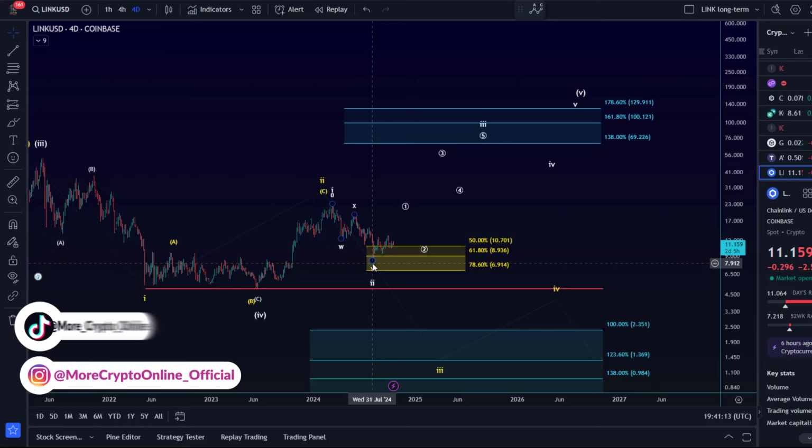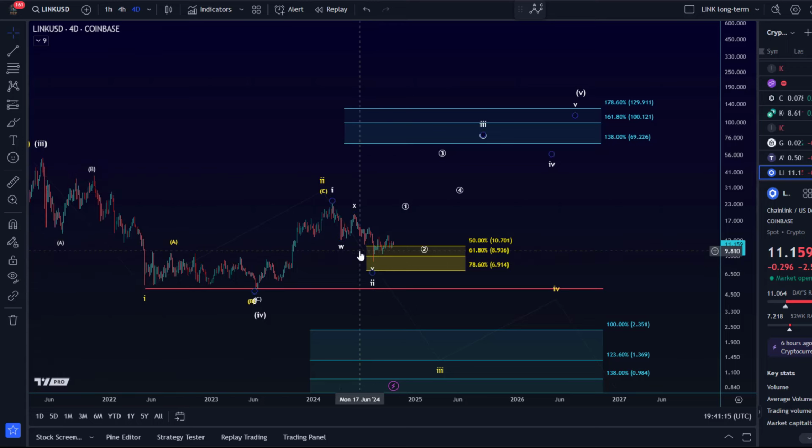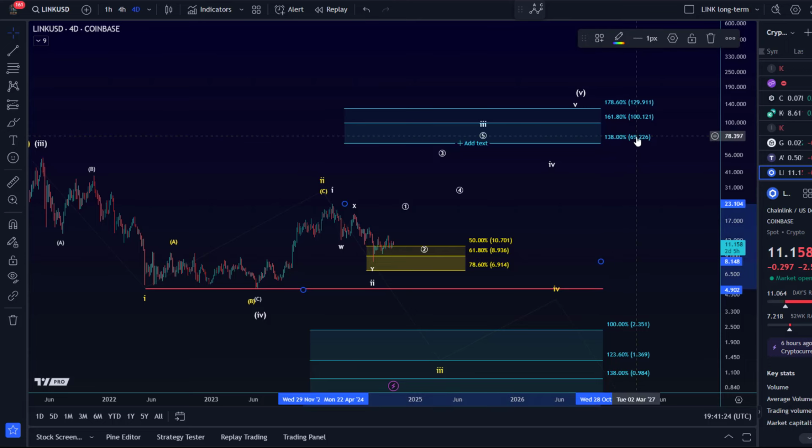Maybe it finished in August, but then we need to see a little more evidence that the price has actually started to rally in a third wave. For a third wave, normally we say the first ideal target is $69, $70, in this case the 138% extension. But this is only the first ideal target. Is there a guarantee to get there? No. Am I watching for it? Yes. Is it an absolute prediction? No, it's a projection. But if we get there, and we should if it's a third wave,